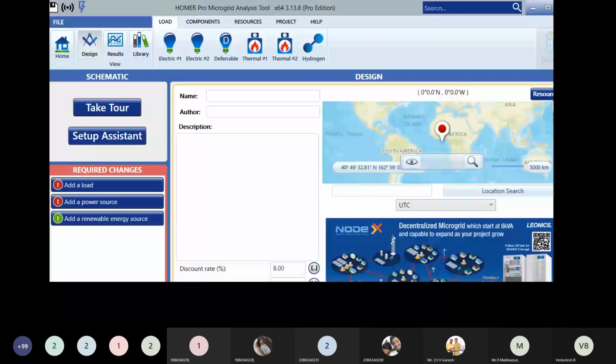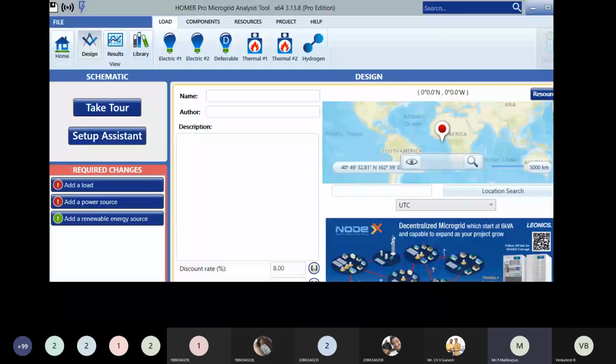See, I'm typing just NIT Tiruchi. No, sir, not reflecting. No, it will not reflect, sir. You start typing, okay? You're able to see that map, correct? You have software, correct? Name and author empty, sir. Did you write anything on name and author, sir? I wrote, sir, but that is not reflecting. You write in your system. You have software installed in your laptop, correct? Okay. Wait, sir. Yeah. Please write.